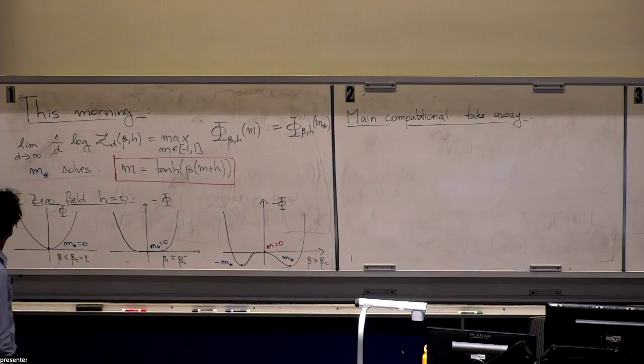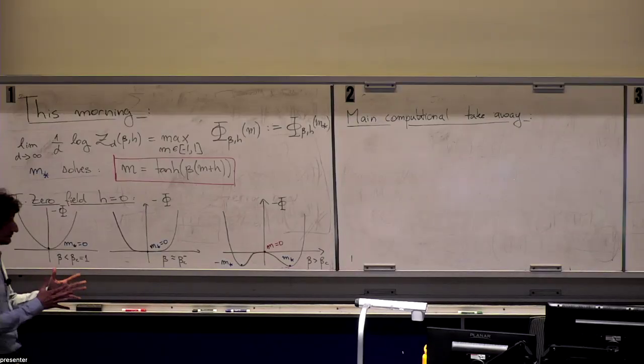So where did we end up? We derived, or at least stated, and I claim that the proof is kind of easy, so that's why I was not doing it on the board. If you are interested, you can look at the notes for the guided exercise to prove that. So what we established was a large deviation principle for the Boltzmann-Gibbs distribution.